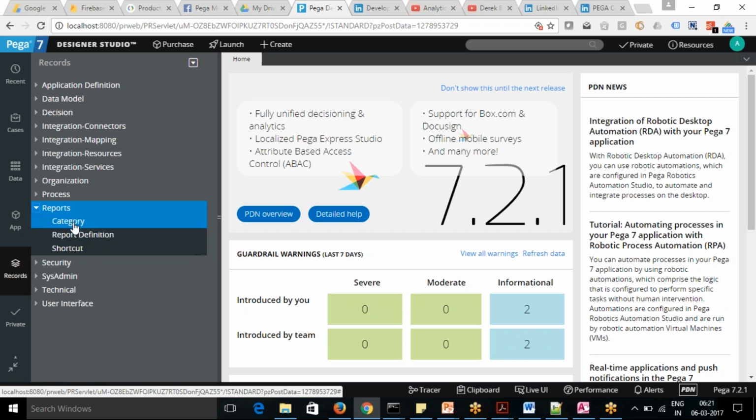And there are two more rules, category and shortcut. Category is the rule which decides the type of the report, which category it belongs to. It belongs to monitoring, or quality, or business data. You can have a public category or a private category. Public will be available to everyone, private will be specific to yourself. Okay, and